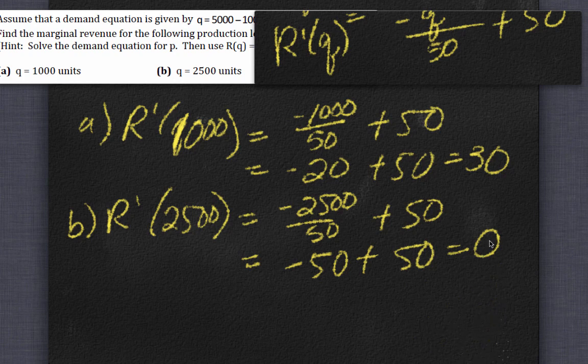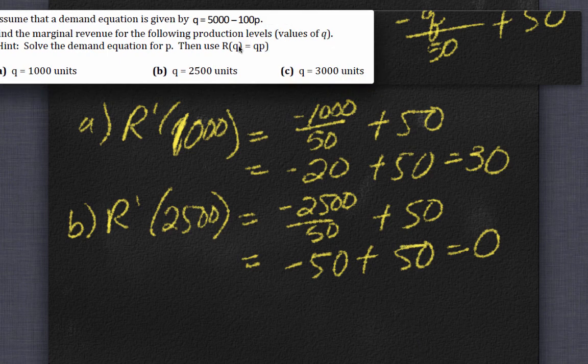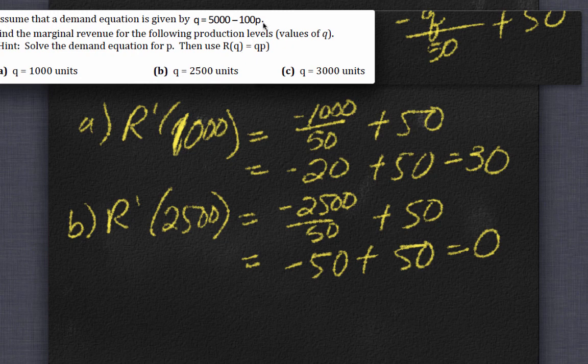The derivative here is 0. That means that it's a horizontal tangent. It's either a max or a min at a production level of 2,500. So again, if I had done R in terms of P and taken the derivative, and then plugged in 25 for P, that's the same as 2,500 being Q, then I would have gotten the zero derivative there as well. And then C,